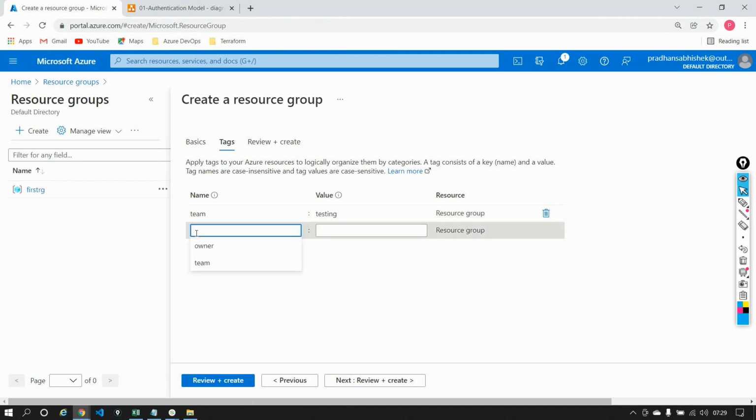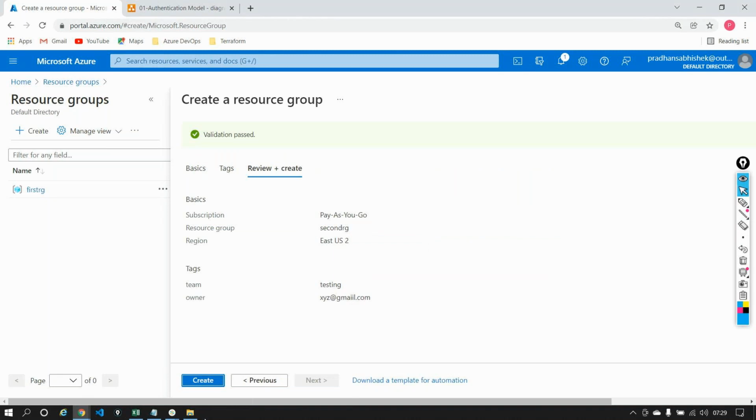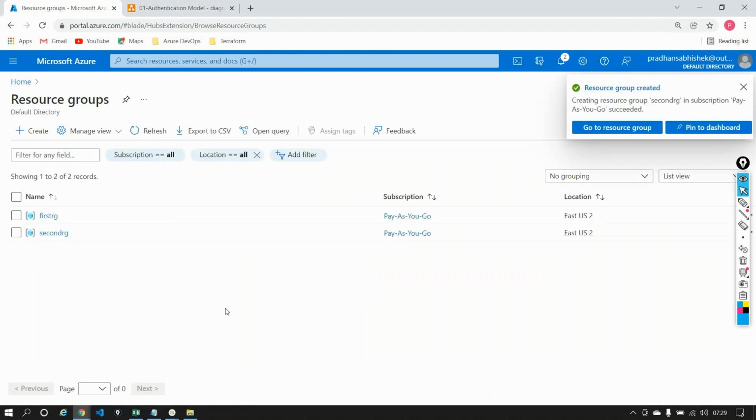Owner is someone else, xyz@gmail.com. Let's put some ID out here. Create. So I have two resource groups right now. So this is getting created and I now have two resource groups. The first RG, the second RG.